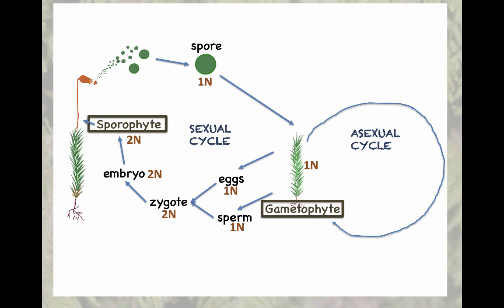So we have genetically identical products of asexual reproduction, and it happens in many ways. And we're going to be talking about this later. Lab number 2 is actually kind of focused around asexual reproduction because we're going to be doing tissue culture of bryophytes. But the main one, of course, is fragmentation. So you can break bryophytes into itty-bitty pieces, and each little itty-bitty piece is going to grow into a whole